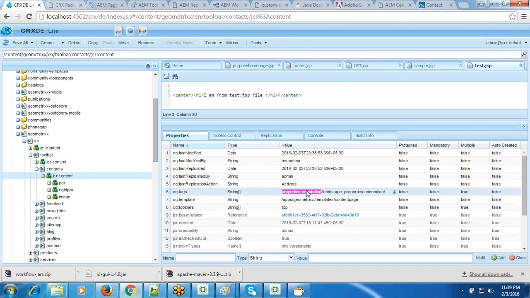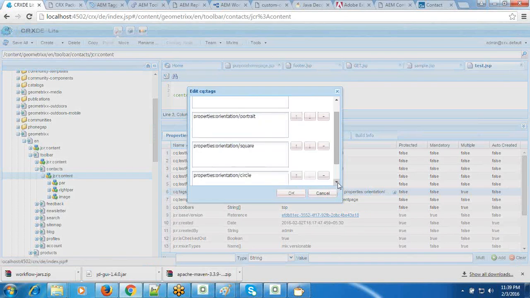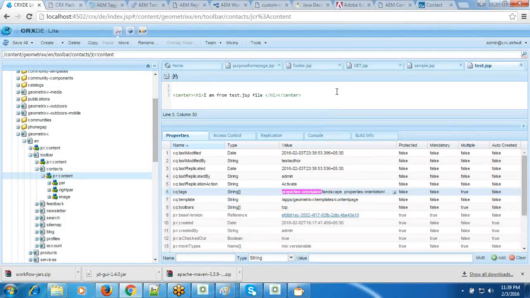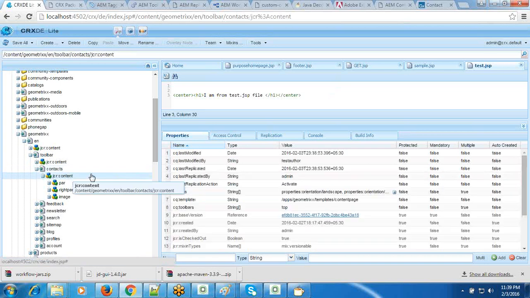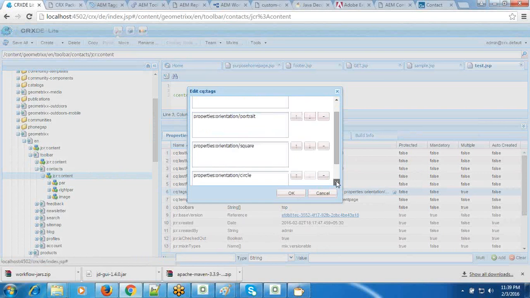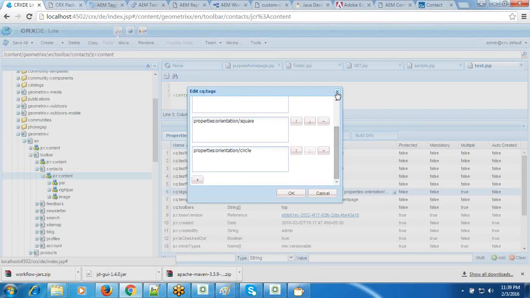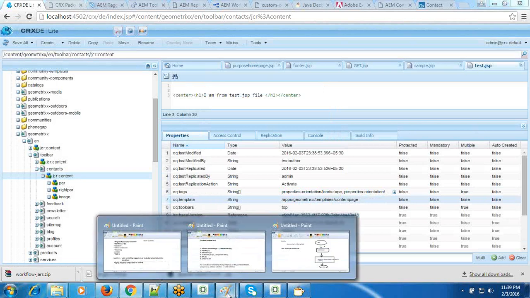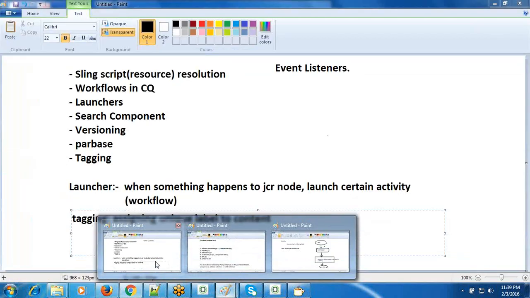Yes, just now I have shown you, right? This is how it is stored in CQ. Not a database. Nowhere are there databases here. Everything is in the JCR repository, right? Here it is getting stored. That's what tagging is. And the next concept is